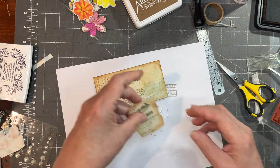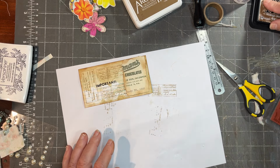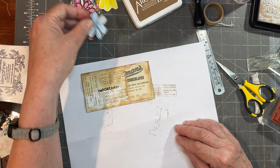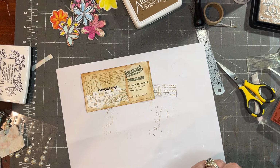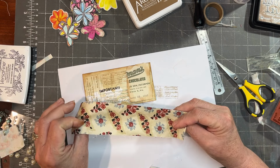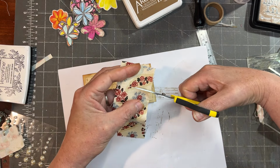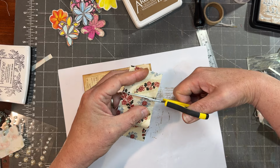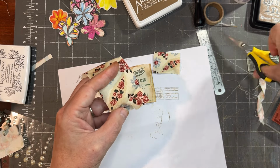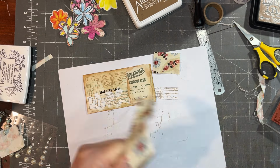And let's begin with our cluster. It's Whitman's Man's Chocolate. Oh, Violet. There's a flower. Well, let's decide what kind of fabric we want to have here. This might be nice. That might be nice. Let's cut off a little piece we'll use for our tab. We'll set that aside. And then we'll tear off a little piece that'll be sort of representative of